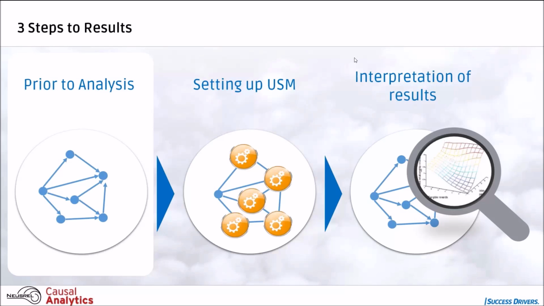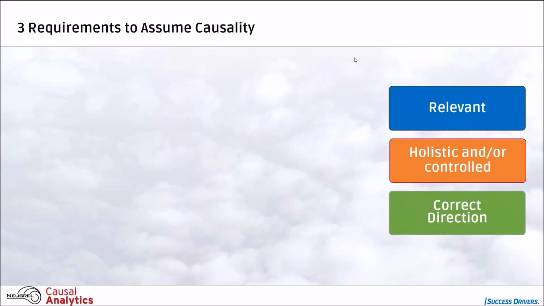This part is very important because NEUSREL allows us to do a causal analysis a little bit different than conventional structure equation modeling does it. That's why it's important to think about a few steps, especially the question, how do we define causality? What are the requirements for assuming causality? And the causality definition we are referring to is